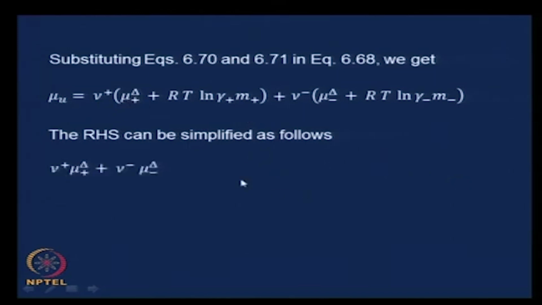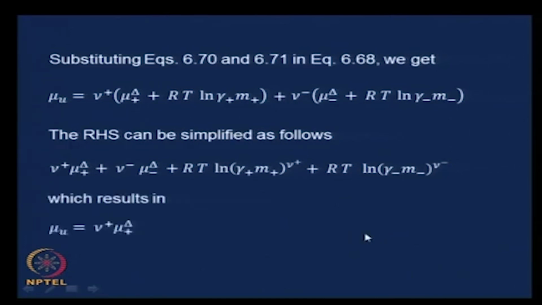Mu plus nu plus, mu minus nu minus, plus RT ln gamma plus m plus to the power of nu plus. There is a ln here, and there is a nu plus here, therefore if it is taken inside the ln, it becomes a power. Therefore ln of gamma plus m plus to the power nu plus, plus RT ln gamma minus m minus raised to the power of nu minus, just a rearrangement,